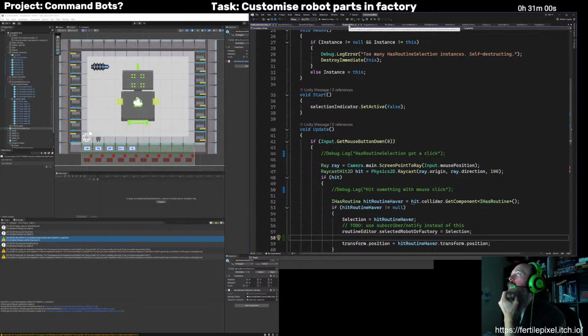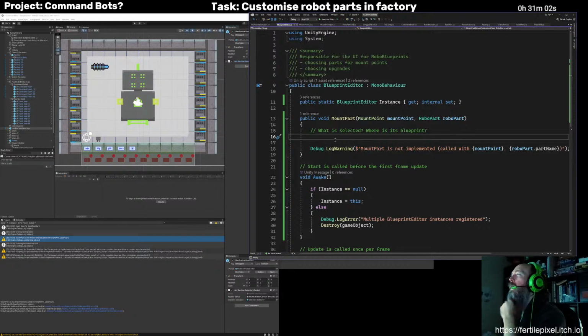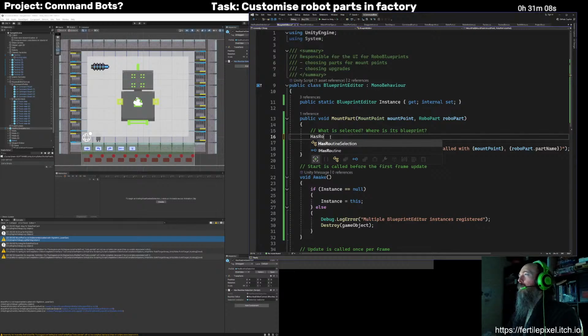Not just yet. So I'll just go to this blueprint editor, and we know what is selected because that's going to be the has routine selection, even though it's not a blueprint. Now, I've got to think for a second.